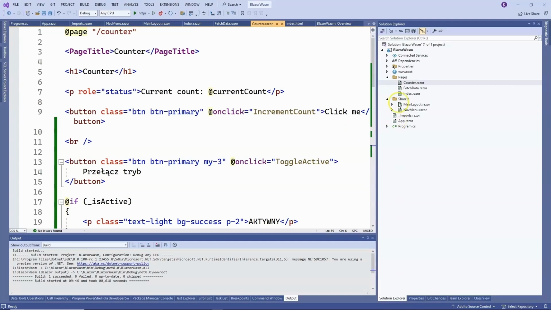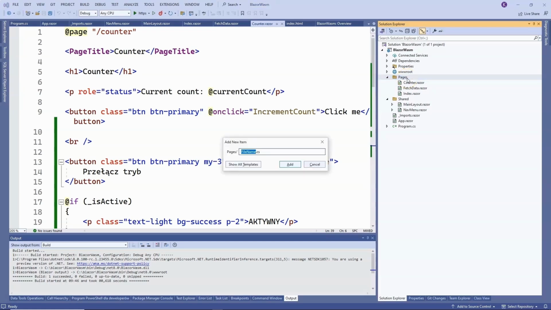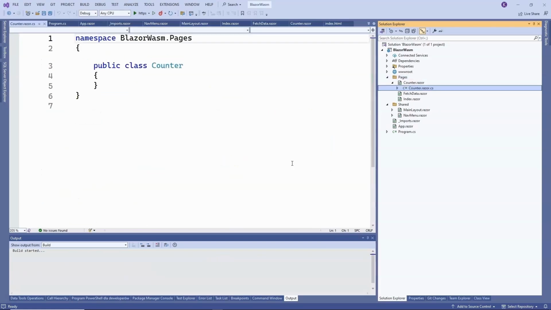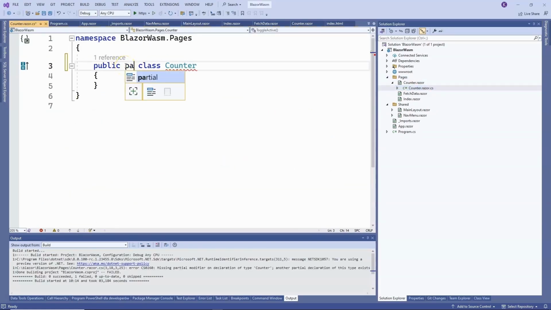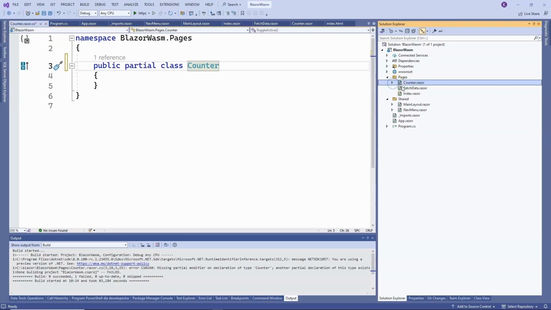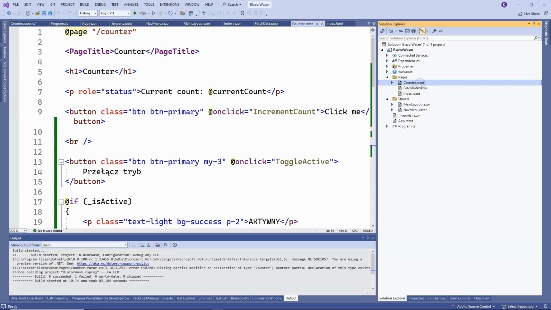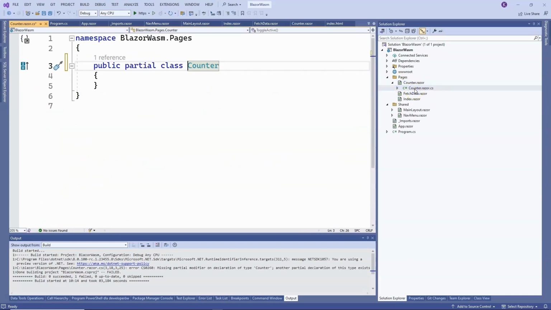To do this, we need to add a new file with the same name, counter, but with the extension razor.cs. So I'll add such a file to the pages folder now. Press Shift F2 to add a new file and name it counter.razor.cs. It's important to mark this class as partial, and now you can see there are no errors. Moreover, notice that in Visual Studio it displays nicely like a tree structure with counter.razor first. If we expand it, we see the C# code